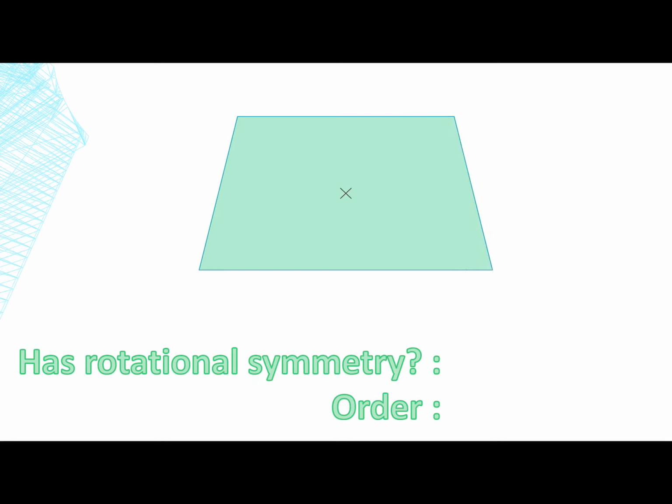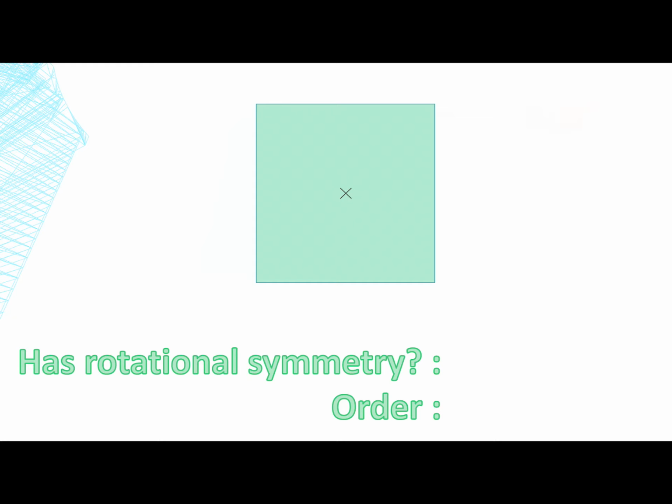For a trapezium, a quarter, 2 quarters, 3 quarters, and 4 quarters. So basically it's just one single time. It does not repeat. That's why we say that this is not a rotational symmetry shape, and we don't say the order because it's not